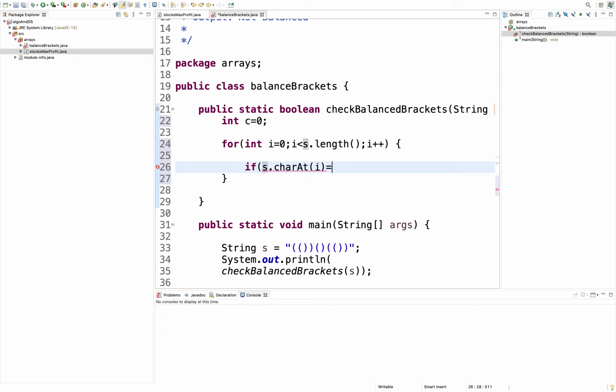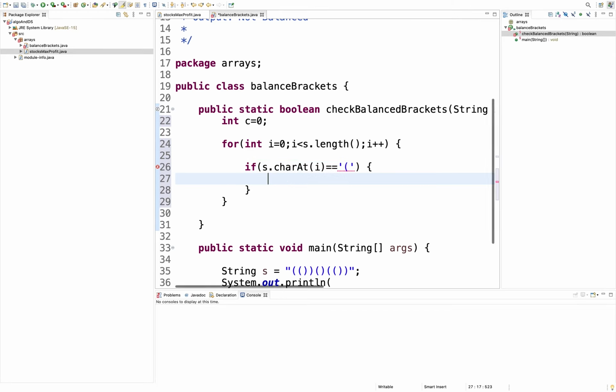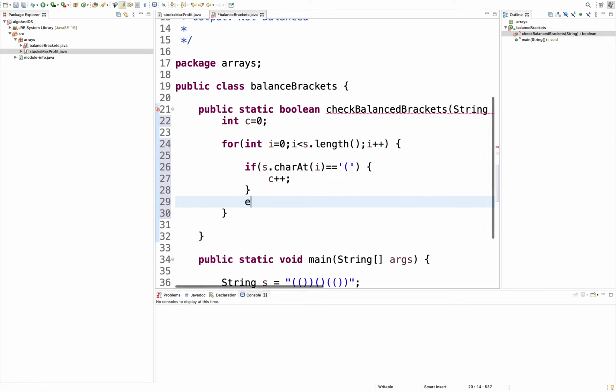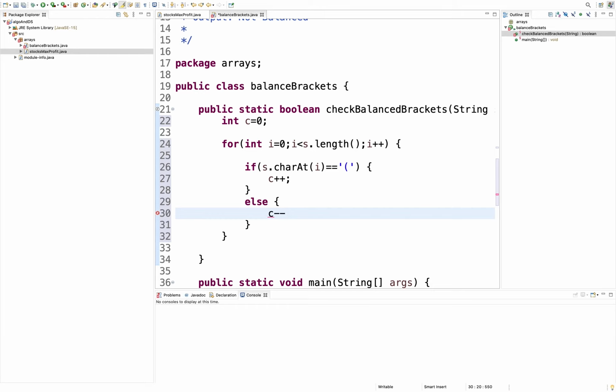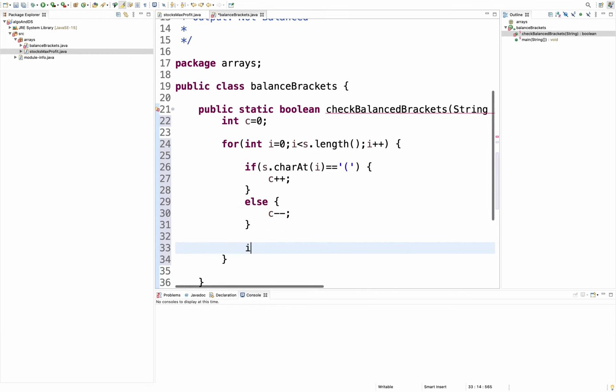If that is equal to an open bracket, that means what we discussed, we will increment our counter, c plus plus. Else it would be c minus minus. Okay. Then lastly, at each point we'll check if c is less than 0. It can never be negative. So we'll return